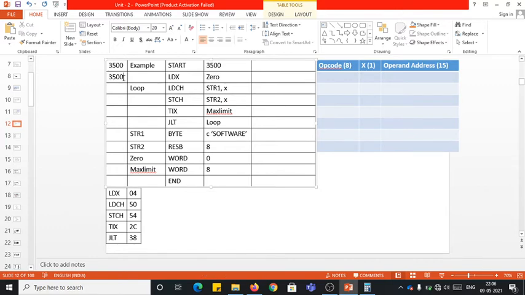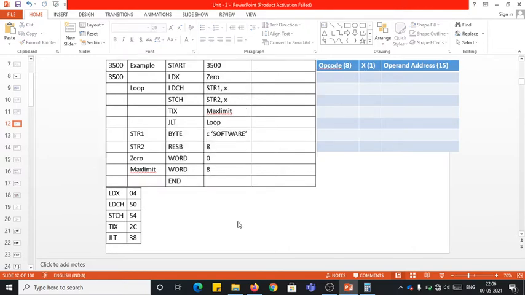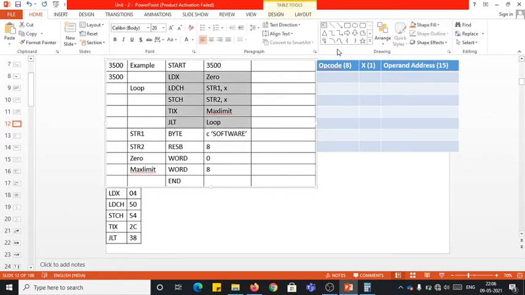Again, as we spoke about in our previous example, you need to categorize the instructions as assembler directive and non-assembler directive. For the non-assembler directive instructions we have the common format, which is opcode, X, and the operand address, totally 24 bits. 24 bits means 3 bytes, so you just need to allocate 3 bytes.